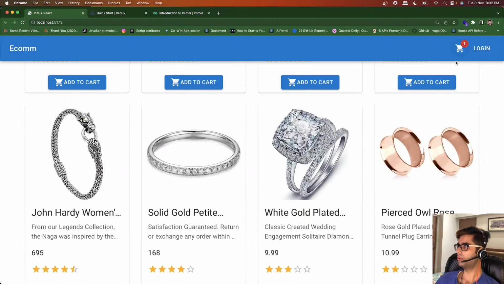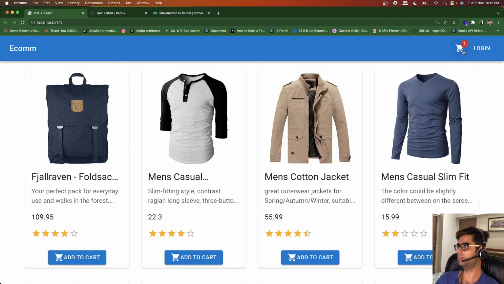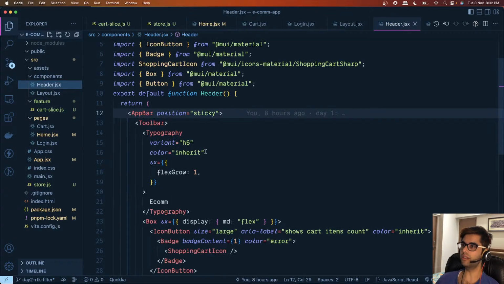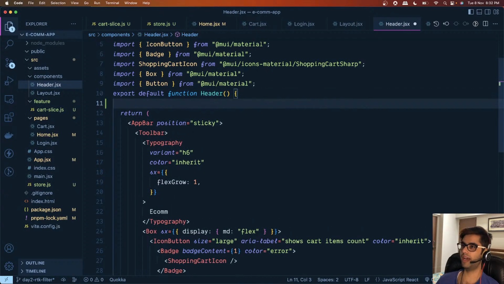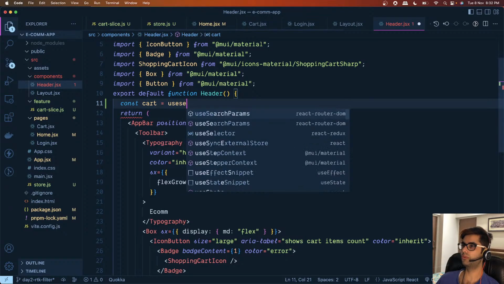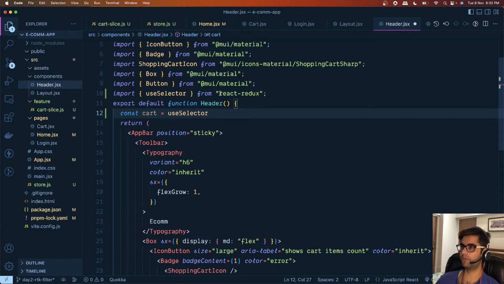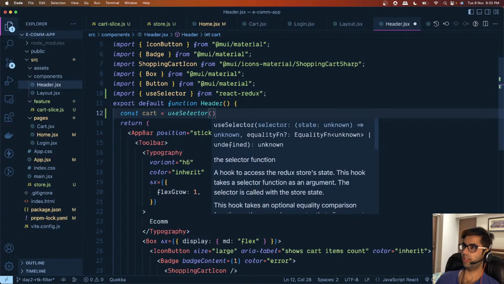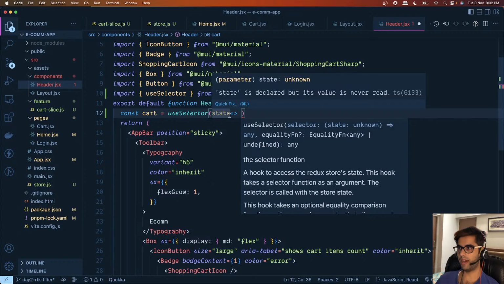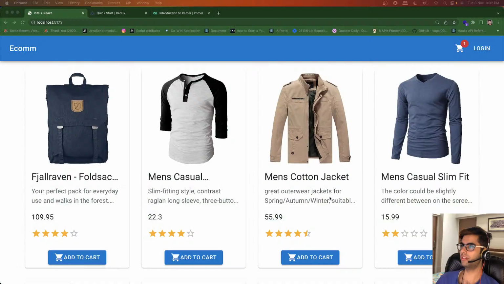Okay, now what we want to do is we want to show the count of products which have been added to the cart over here. So what we will do is we will go inside the header component, and we want to access the cart, right? So here we will say that const cart equals use selector. So this is another hook which is coming from the React Redux package, right? And here we will have access to the state, and this accepts a callback function, and from the state we are interested in,